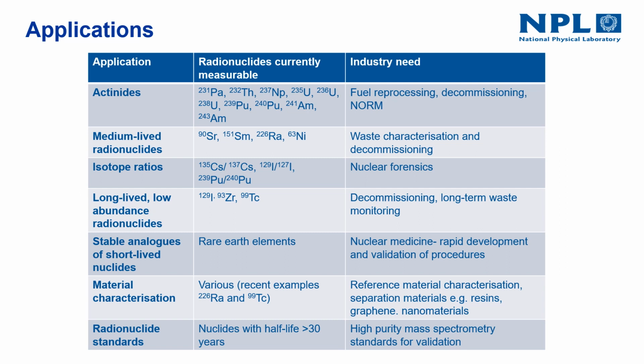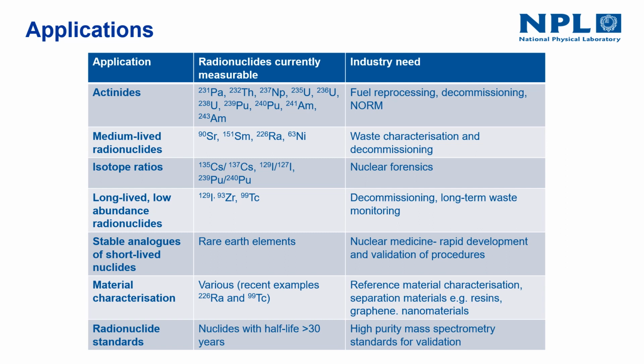Before we move on, it is worth showing the range of applications that there are when using both ICP-MS and other mass spectrometric techniques for radionuclide measurement. The actinides is perhaps where it all began for mass spectrometry, particularly for very long-lived radionuclides like uranium-238 and thorium-232. But as the technique has improved, both in terms of sensitivity and interference removal capability, medium-lived radionuclides with half-lives of hundreds or perhaps thousands of years are now increasingly measured using this technique, radionuclides such as strontium-90 or